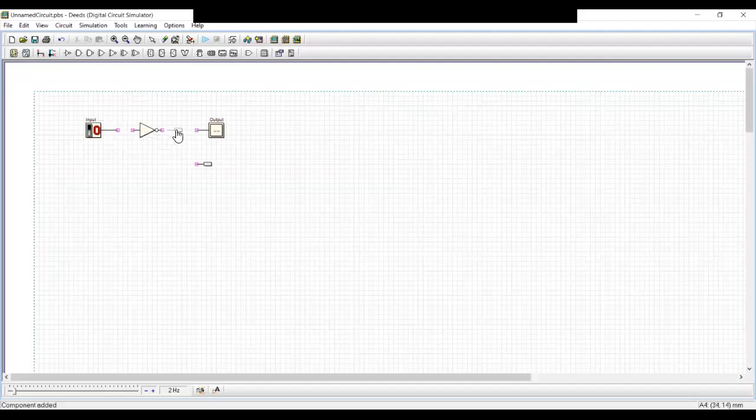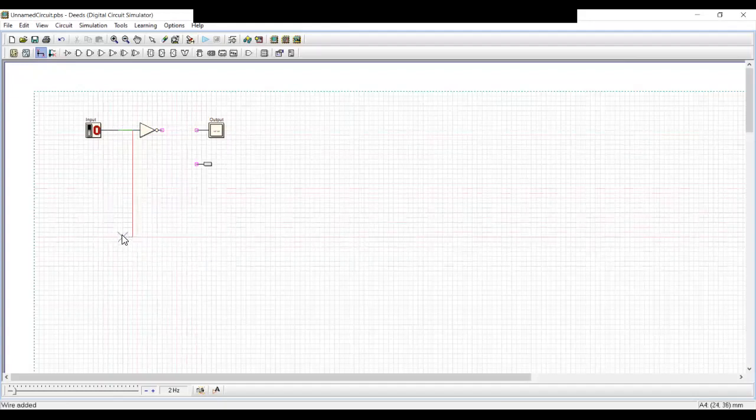Right now we need to connect these wires. As you can see, you can get the wire from here. Just single click on the wire, and it will show a symbol like a cross mark. Now you just need to connect these 2 points. It's very simple. Just do a single click here, and another click where you want to join this wire. That's it. But this wire will stay connected all the time.